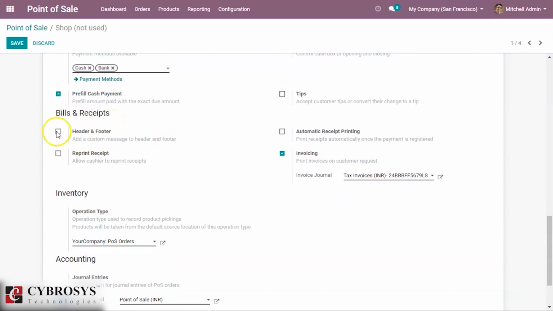We can add the header and footer here, and add custom messages to the header and footer, and the reprint receipt, automatic receipt printer. By enabling this, if we configure any automatic receipt printer or any printers, the bill will be automatically printed by that device. And invoicing,